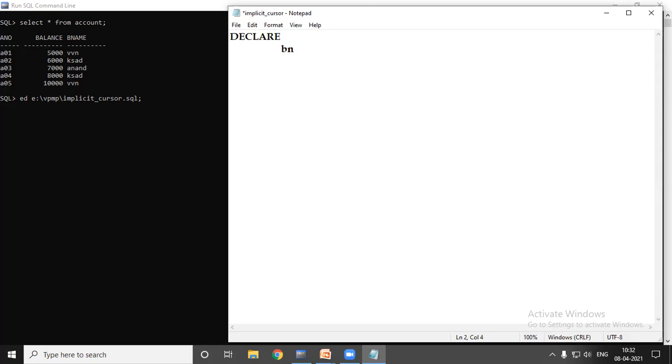My variable name is BN, and this variable is declared for the B name column in the account table. So we need to use the anchor data type: name of variable, table name dot column name. Our column name is B name, percentage type. So here the BN variable is declared.